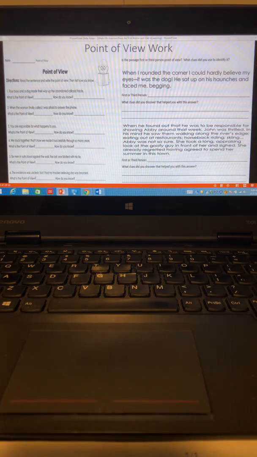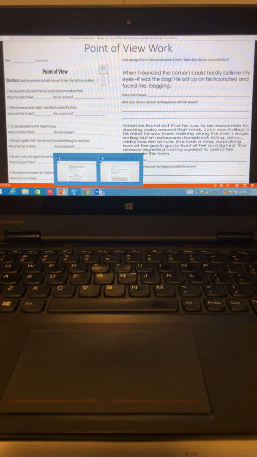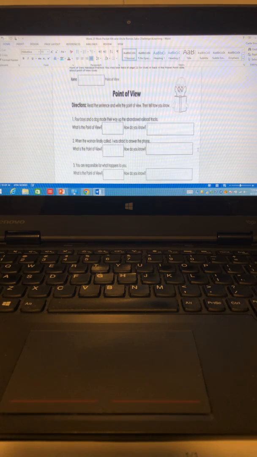In your work today, we're going to be looking at point of view practice and more point of view practice. They're short and quick, but we're going to be looking for quick keywords that can help us identify what the point of view is. So starting with the very first part,